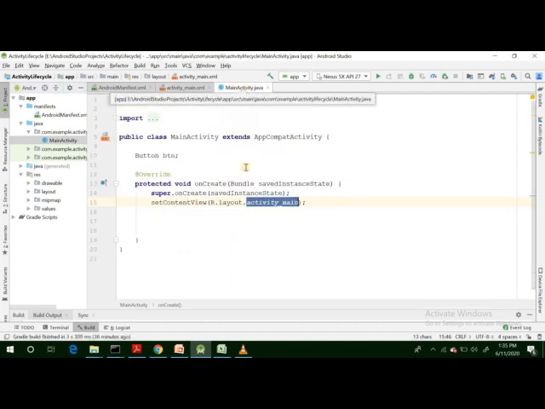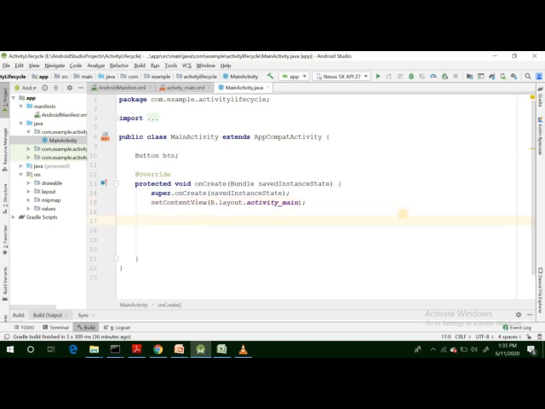To implement the behavior, we need the reference of those views whose implementation we want to code. We want to implement the logic behind the button, so we need the reference of the button inside our source code file.